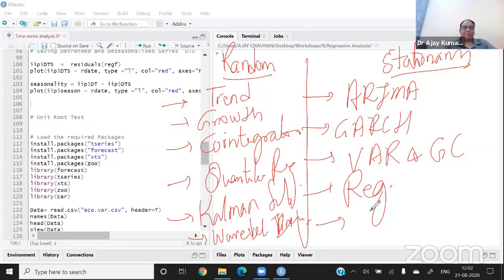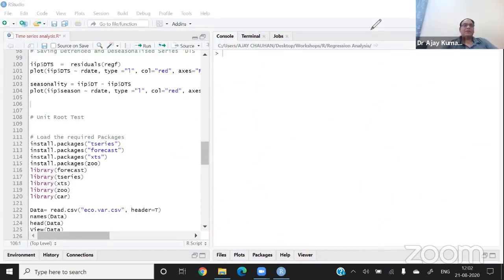If you are going to apply a regression model, or a vector regression model, or a GARCH model, or an ARIMA model, then the series should be stationary. Even if you are going to apply a logit model or probit model, it is expected that all these series should be stationary. So I hope you now know how important the stationarity concept is in time series. Now the question is: how to check whether a series is stationary or not.